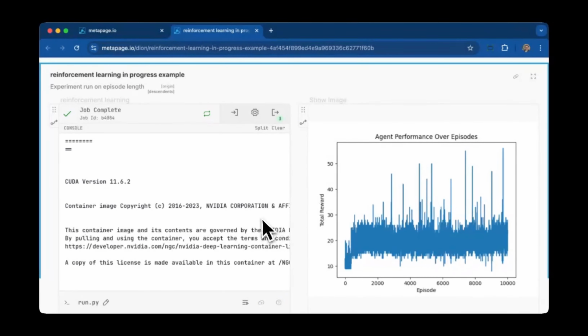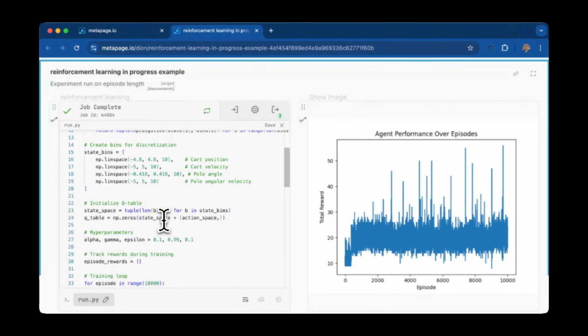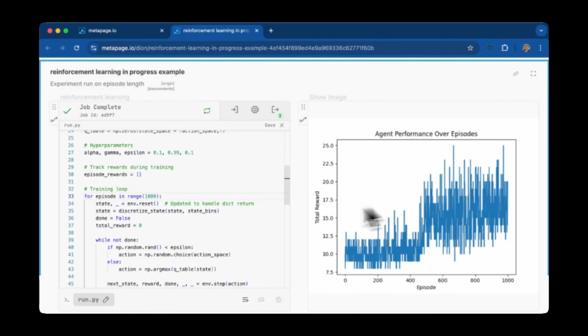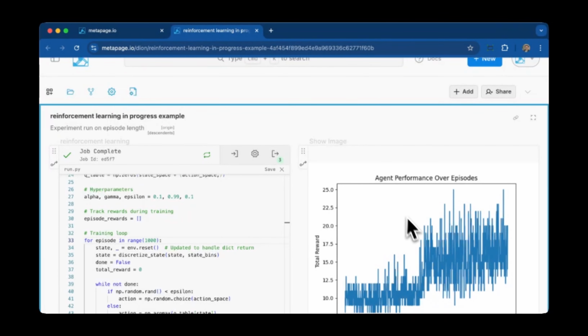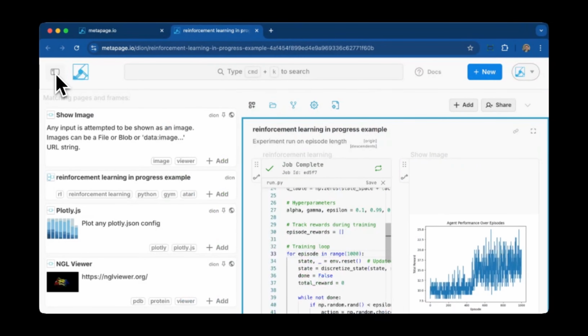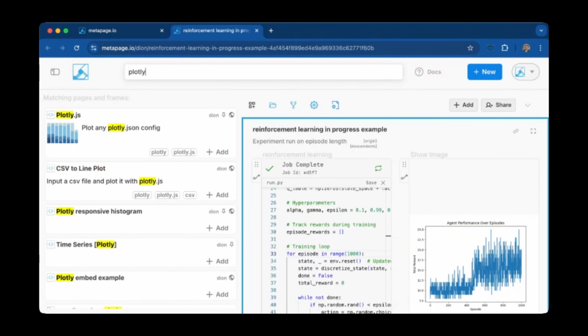I'm going to edit code just like I would in a Jupyter notebook. So I can go here and change values, rerun the job, and I get different results. I'm going to change this static image viewer into a more dynamic plot, showing you how easy it is to add and replace components. I'm going to look for a Plotly JavaScript component. Here we go. I find this, I add it,